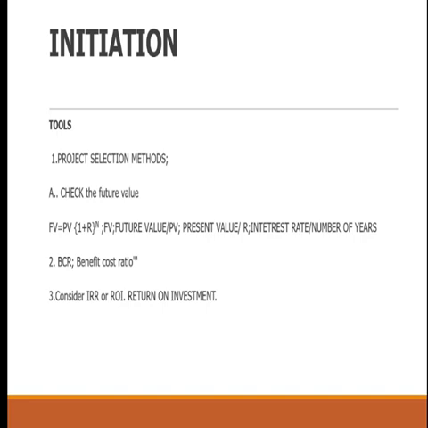10K is equal to 10K(1 + 10/100), which is 10%, raised to the power 5. So when you do the mathematics, you will see 10,000 multiplied by 1.1 raised to the power of 5. Now use your calculator to do it. You will see that the value of 10,000 in the future, if the interest rate will remain constant, will be bigger than the 10,000 of today. We call it the time value for money. So check the future value of your project, then you can make a present day initiation decision.